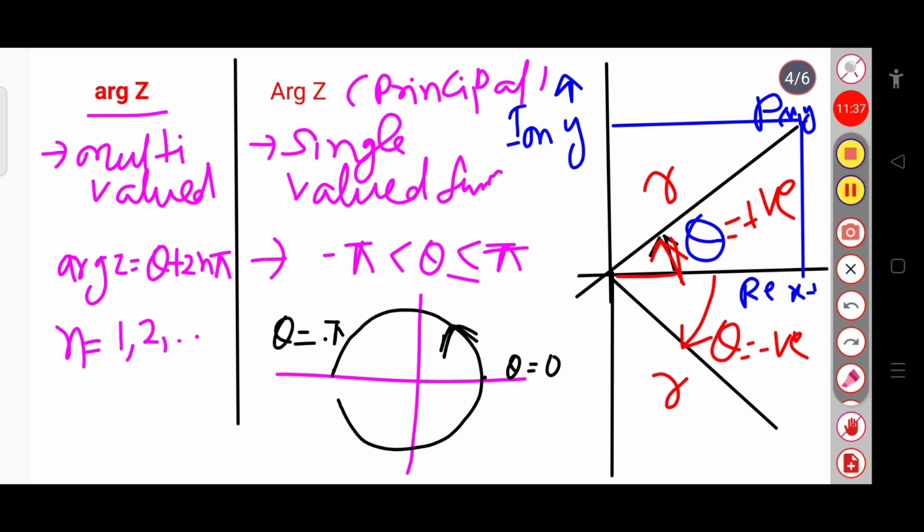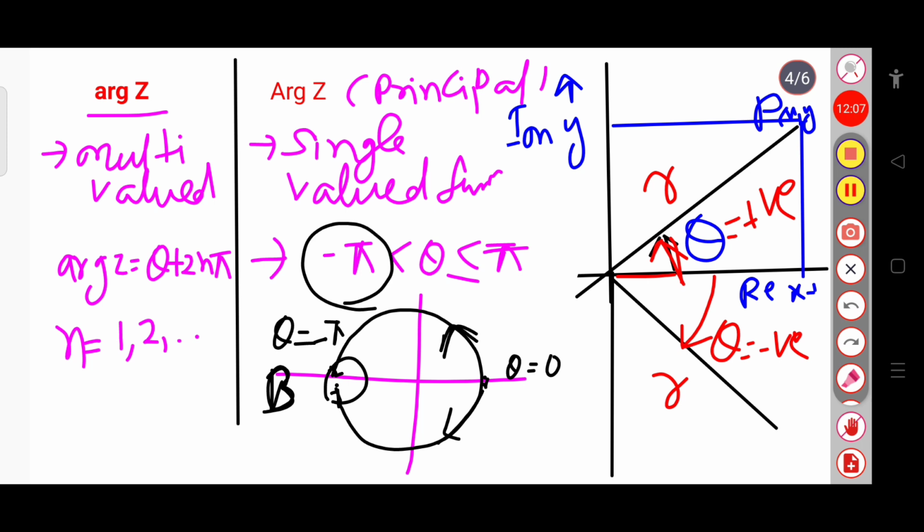And similarly, if I move from this point in the clockwise direction from theta equal to 0, I will reach this point, but not exactly touch theta equal to minus pi. Suppose this point is B. It will not come back to this exact point. If I exactly come to this point, that is B, then